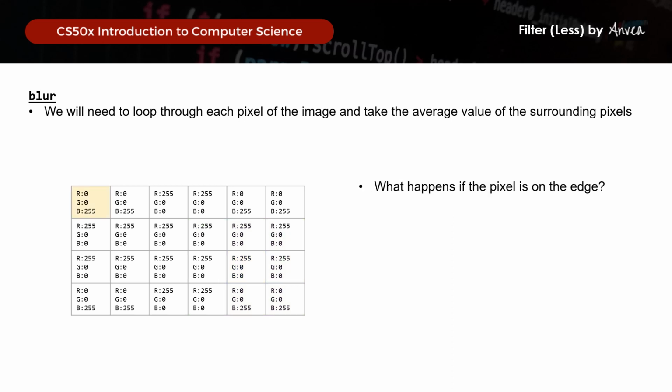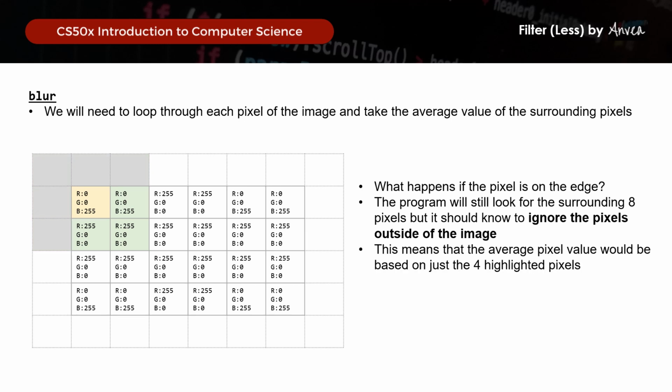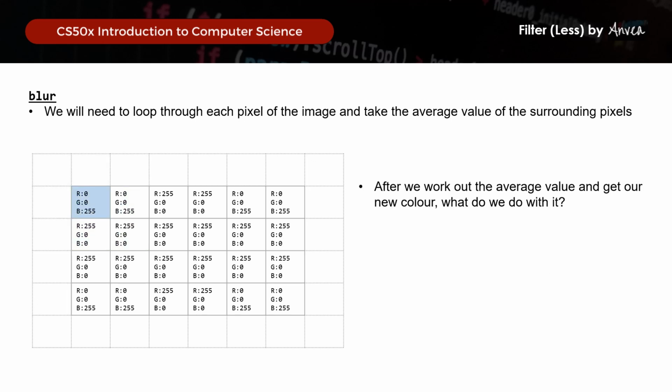So the program will actually still look for the 8 surrounding pixels, but it should know to ignore the pixels outside of the image. So this means that the average value will just be based on the 4 highlighted pixels here. So after we work out the average value and get our new pixel value, what do we do with